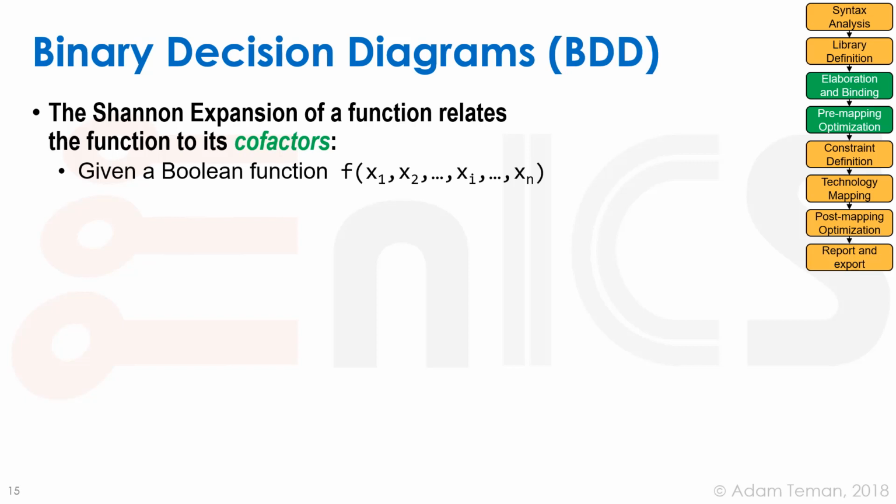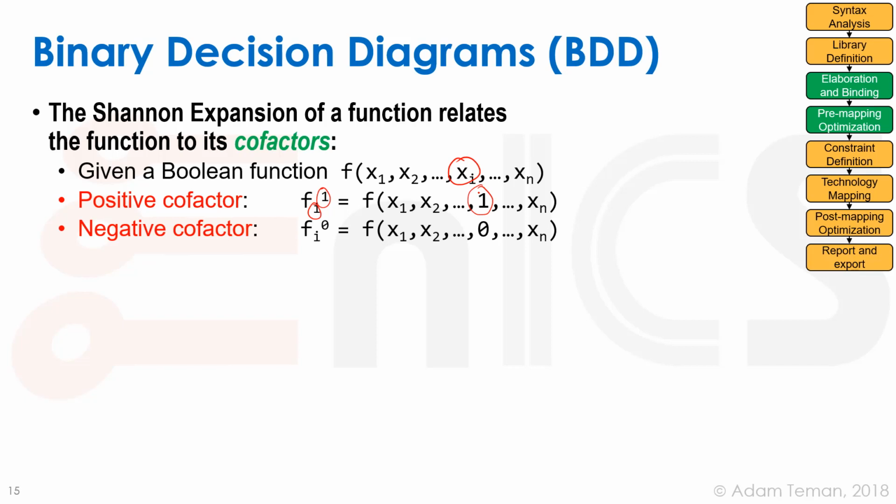So if we have a Boolean function f of x1, x2, etc., in the middle somewhere we have xi, as you can see here. Okay, the positive cofactor, which would be called f of xi equals 1, would be the function of all those same x's, but instead of xi, we would stick a 1. Similarly, the negative cofactor, if we have xi equals 0, we would put a 0 here